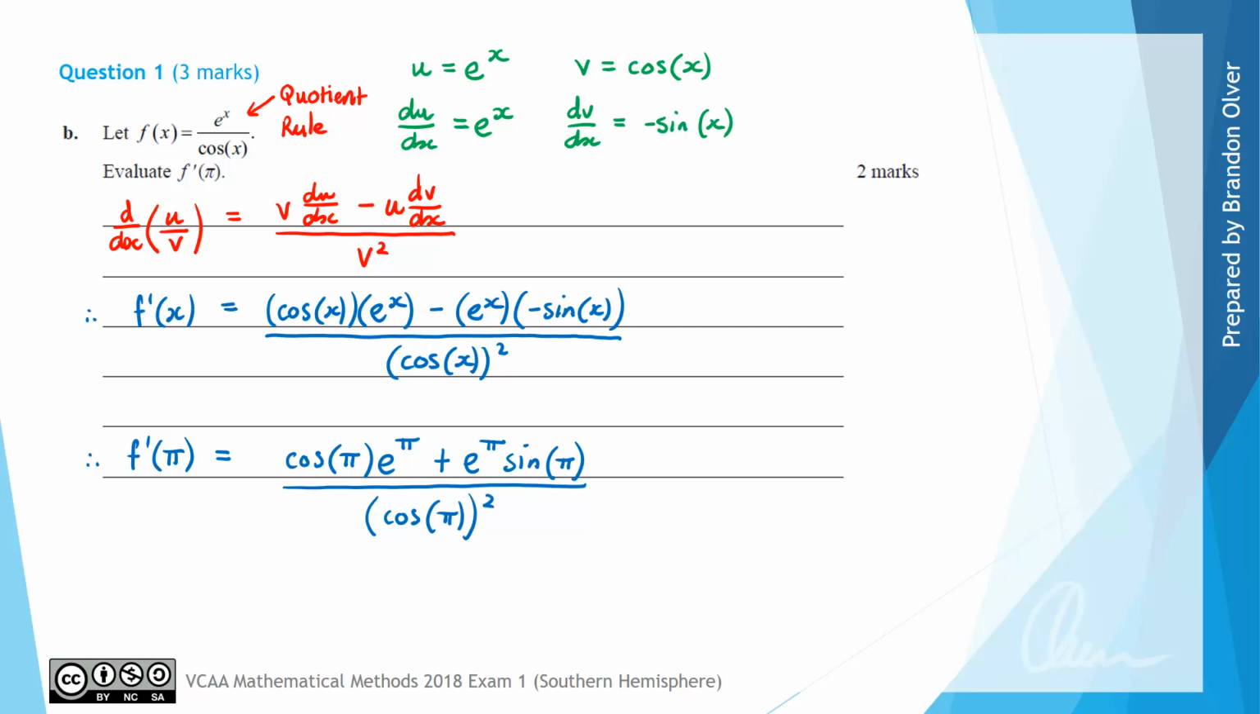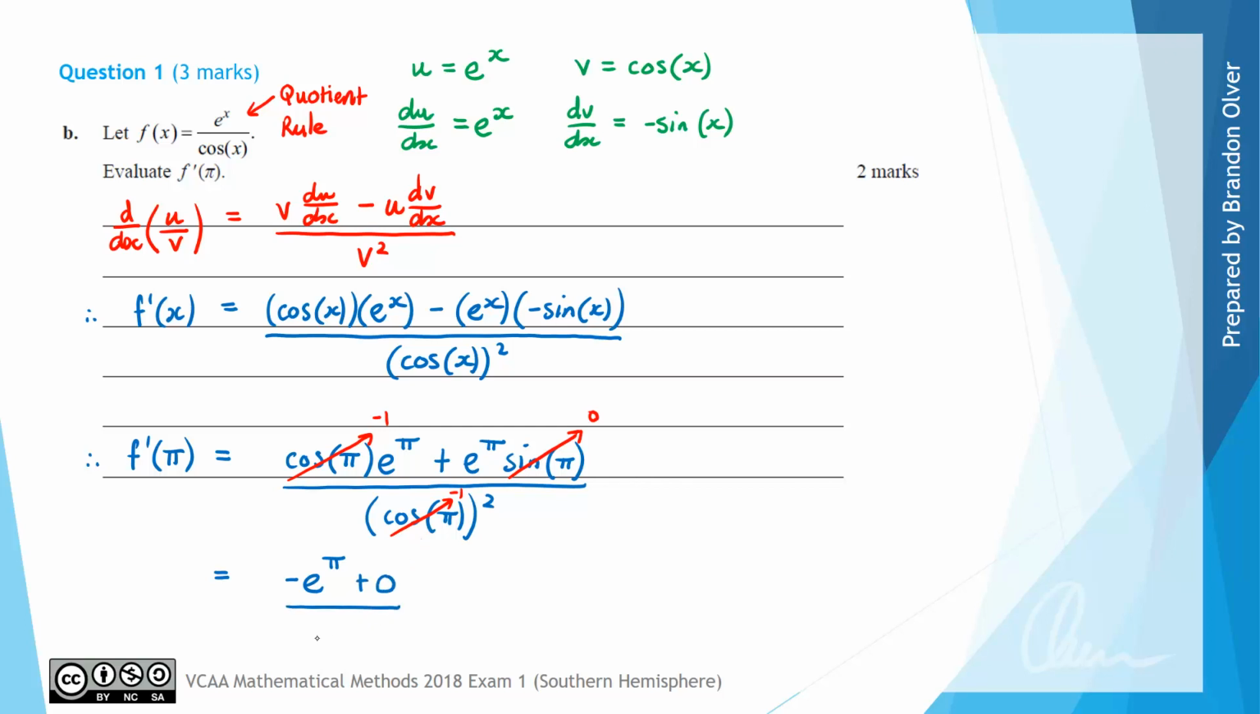And now remembering your exact values for the circular functions, we know that cos of pi is simply equal to negative 1, and that sine of pi is equal to 0, and on the bottom line this cos of pi is also equal to negative 1. So therefore f dashed of pi is going to equal negative 1 times e to the power of pi, which is negative e to the power of pi, and then e to the power of pi times 0 is just plus 0,